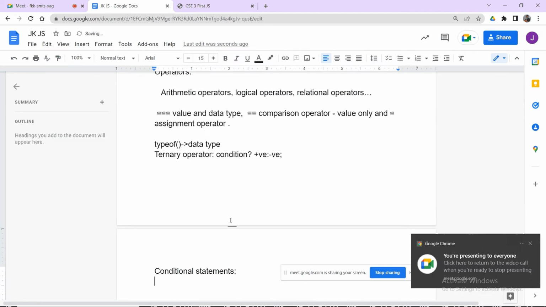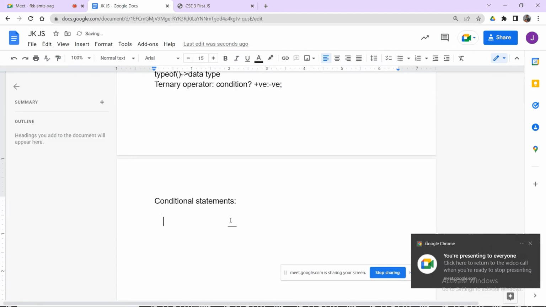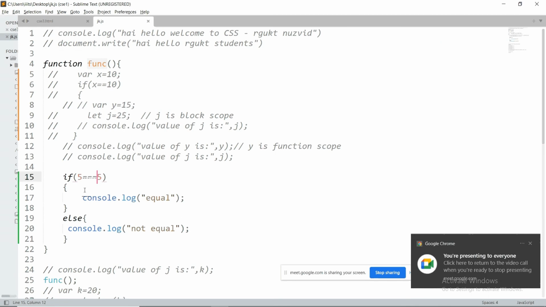Then we'll see various kinds of conditional statements. What is the need of conditional statements? If you want to execute a block of code when a particular condition is satisfied, then we'll go for the various kinds of conditional statements like if, if else block, else if block, switch statements. These are the various conditional statements, meaning that if you would like to execute a statement when a particular condition is satisfied, then I can go with these. Okay, fine. Let me go with some examples.